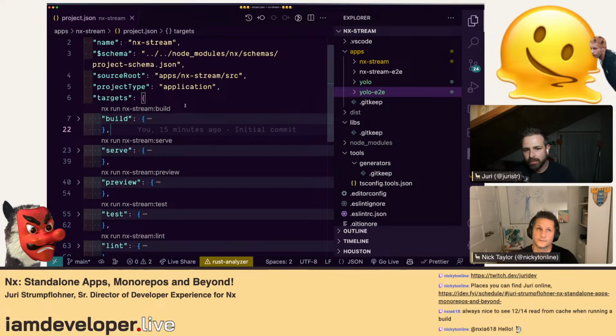Cool. I think once that upgrade path from standalone app to monorepo is in place, that'll be super interesting. Even now, with standalone support and all this tooling built in, it almost seems like a no-brainer, unless somebody's really averse to using tooling, to just start up an NX standalone app. Yeah, it's the shortest path.